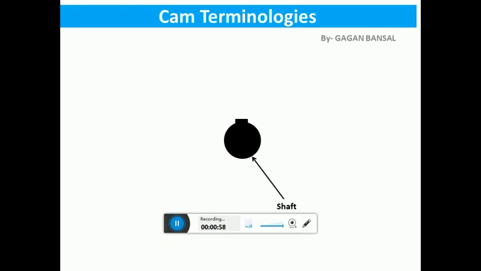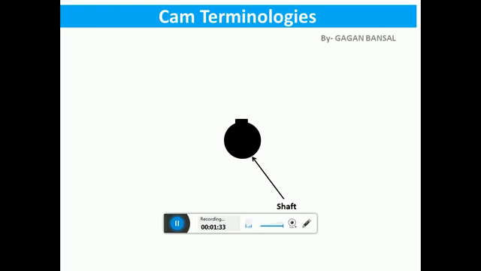What is a shaft? It is a rotating machine element, usually circular in cross section, which is used to transmit power from one part to another, or we can say from one machine which produces power to another machine which absorbs power. Basically, a shaft is a machine element on which various cams, gears and pulleys are attached.